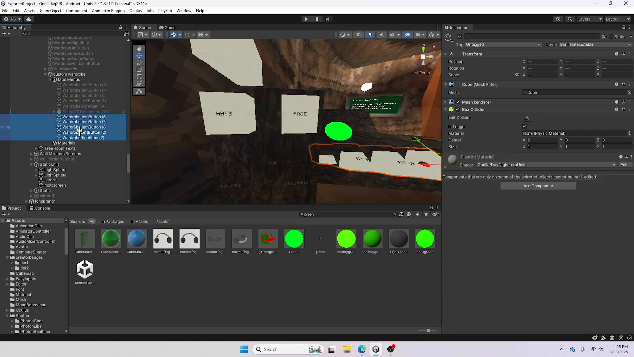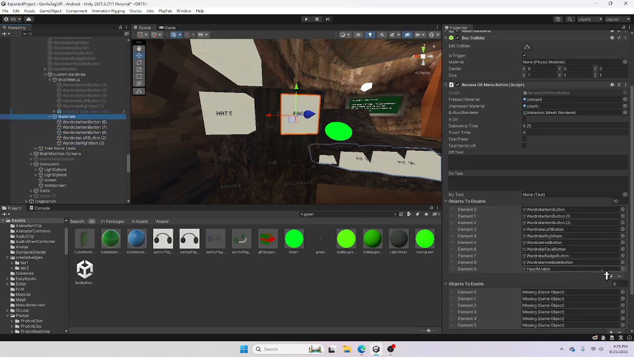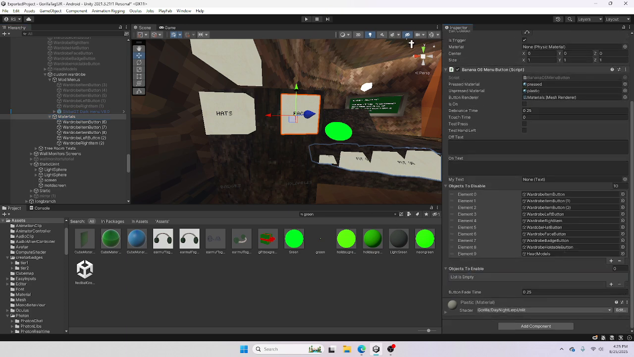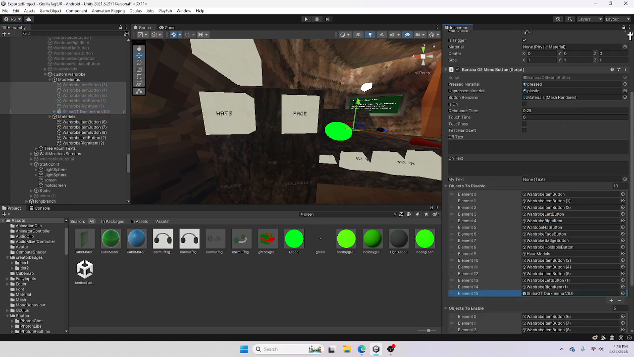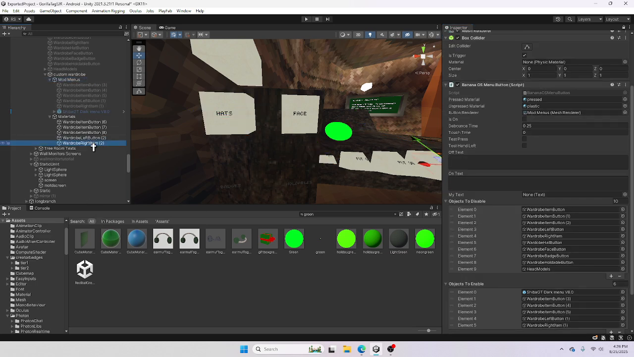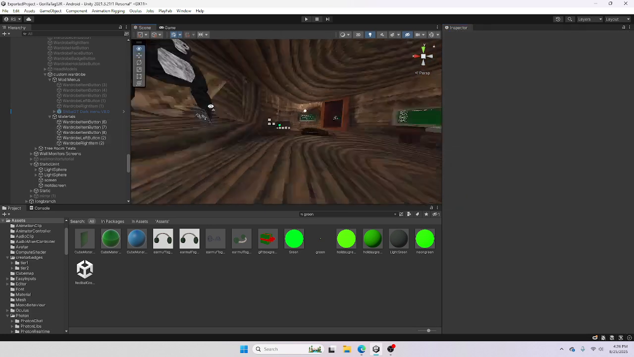You're going to want to add this. You're going to want to do objects to enable. It's going to enable this onto there. And objects to disable, it's going to disable this on there. And then you're going to go back over to this. And then you're going to put on lock mode. Object to disable, you're going to do this. And now, once you click play,